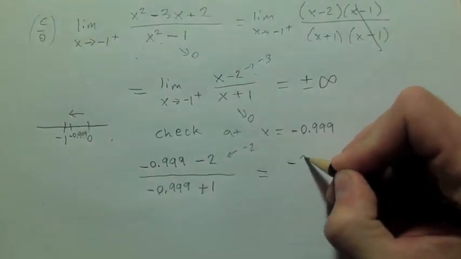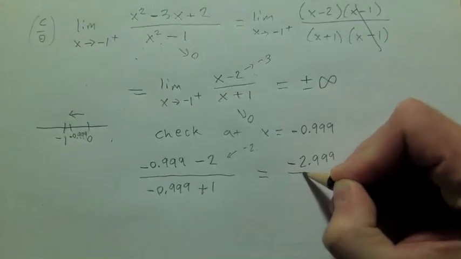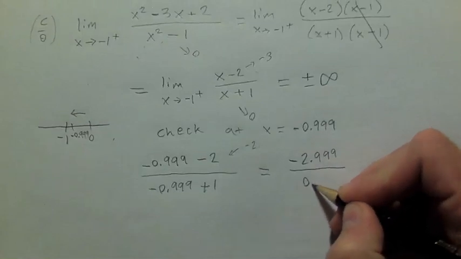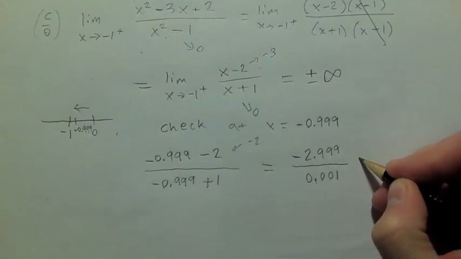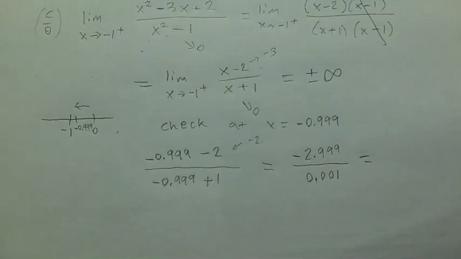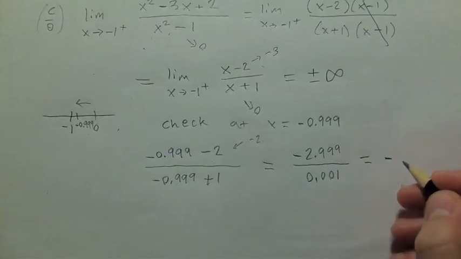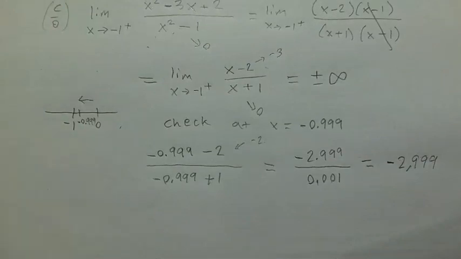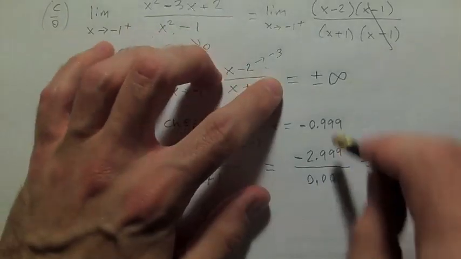Well, I'll just write it out. This is negative 2.999, right? And this is going to be positive because it's 1 minus something less than 1, which is 0.001, and if I plug that in, I get negative 2,999, so about negative 3,000. That's pretty good. If we'd gotten something, maybe 4 nines, we would have probably gotten closer, but the important part is